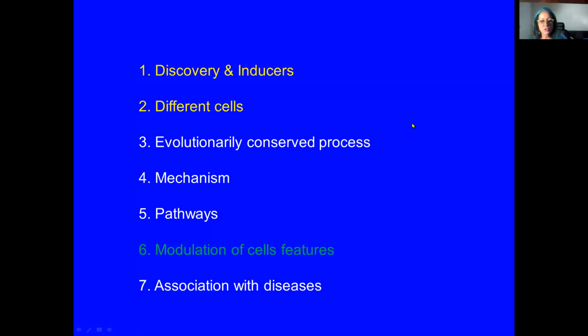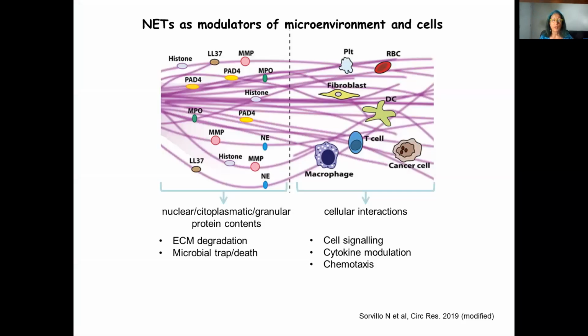So let's continue talking now about the modulation of cell features. When NETs are released in the body, they can interact with the extracellular matrix and also with the cells that are in the vicinity where they are released. So I'm not going to talk about the extracellular matrix, but there are some studies already showing that you have